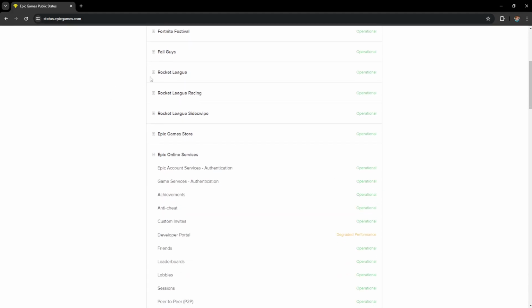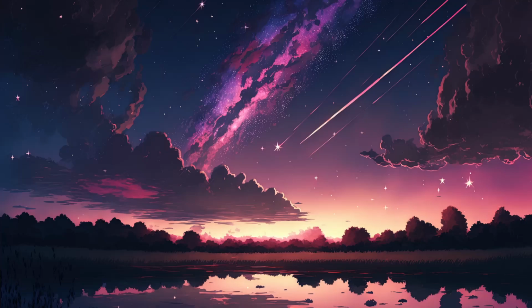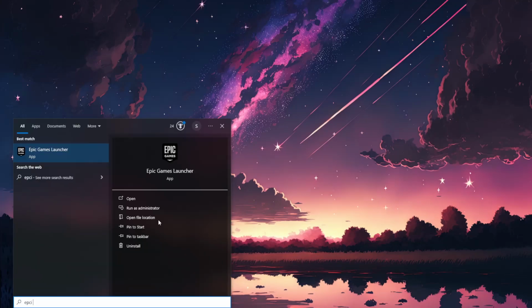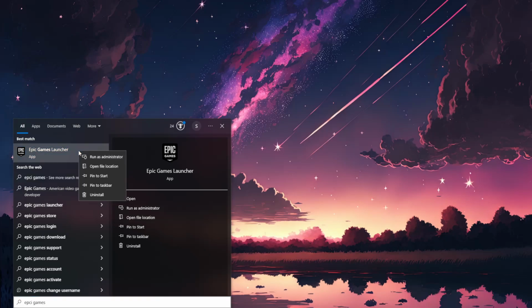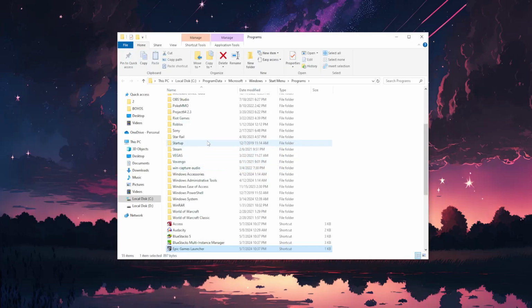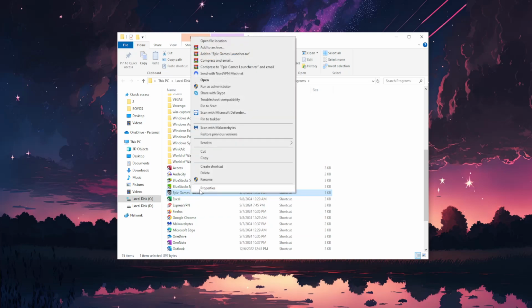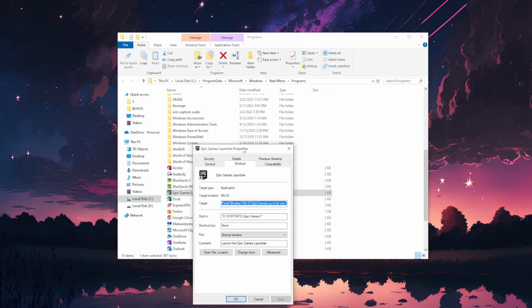Now, if you don't see any issues here on the website, what we can do is open up our computer's search engine, search for Epic Games Launcher, right click on it, and then open file location. Right here, we'll just find the Epic Games Launcher, right click on it, go to properties, and here's what we